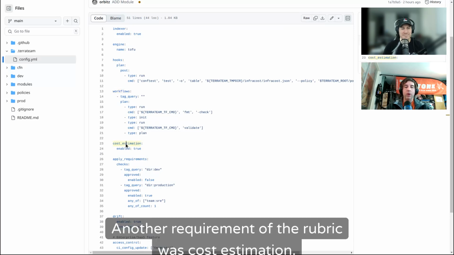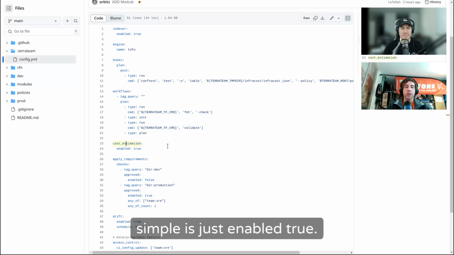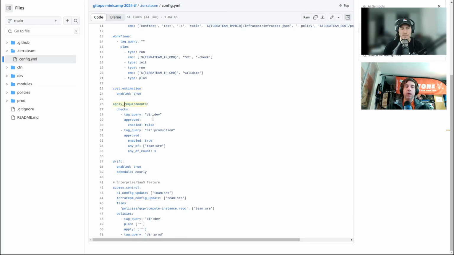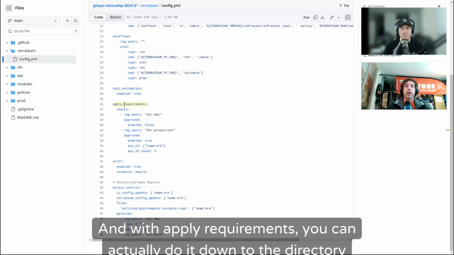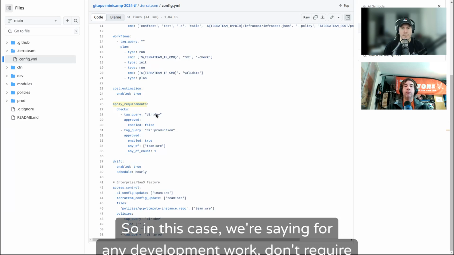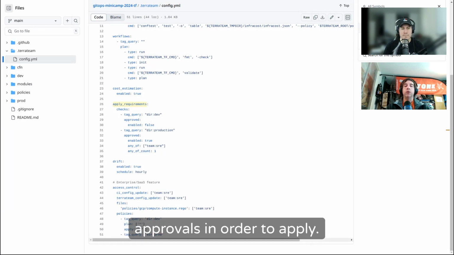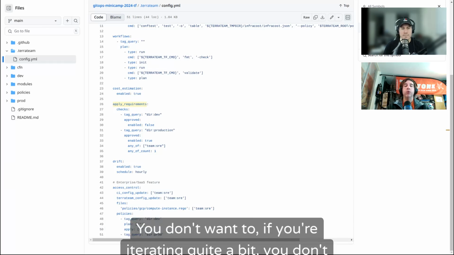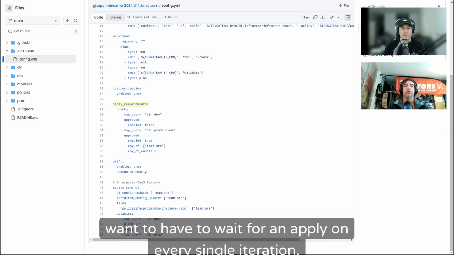Another requirement of the rubric was cost estimation, simple as just enabled true. And we also have apply requirements here. With apply requirements, you can actually do it down to the directory level, which directories require which apply requirements. So in this case, we're saying for any development work, don't require approvals in order to apply. And that's great if you just want to test new things and just go ahead. If you're iterating quite a bit, you don't want to have to wait for an approval